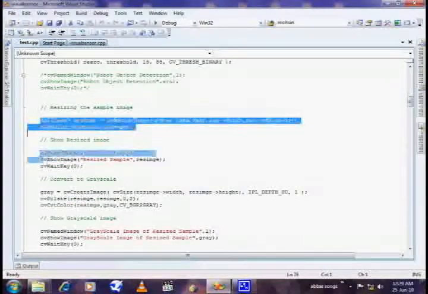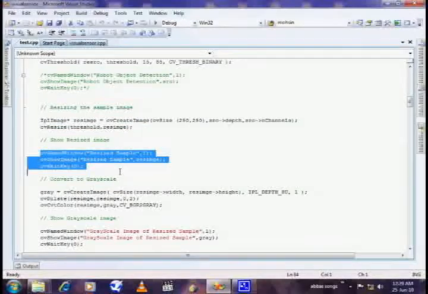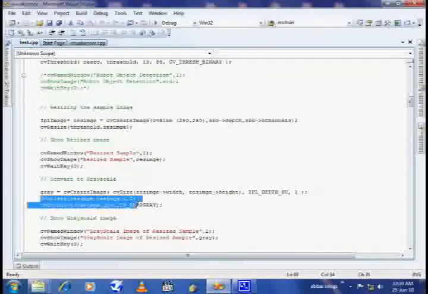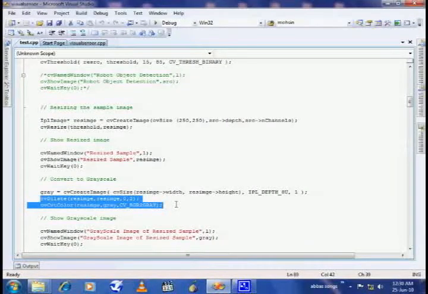So we display this resized image to our user, and we can also comment this out if we want. After that we apply grayscale on our image. When we apply grayscale, the image will be grayed, and after grayscaling we apply a dilation function to our image. When the dilation function is applied, its internal edges are minimized because of the growth of the image.